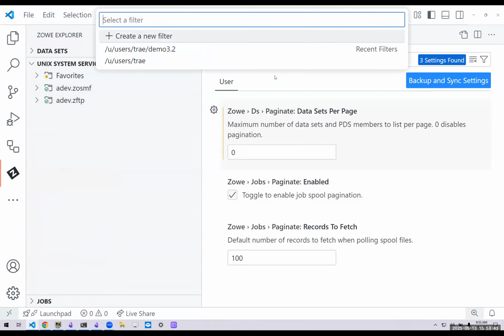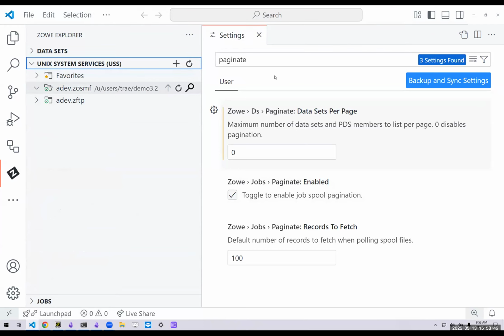So if I go ahead and search for my demo folder here, you can see that there aren't any contents yet. But if I go ahead and introduce a file in another window,